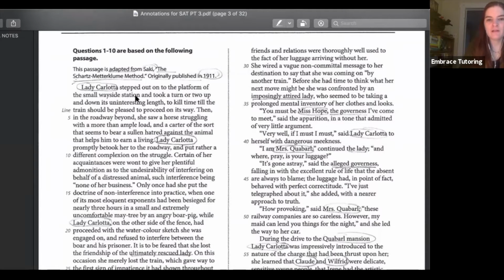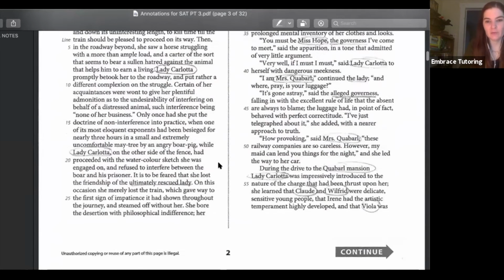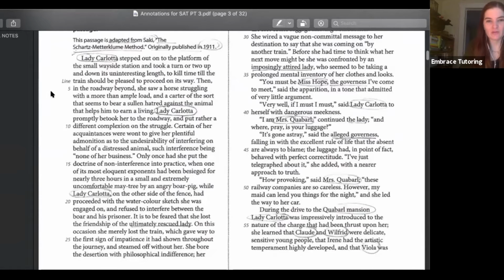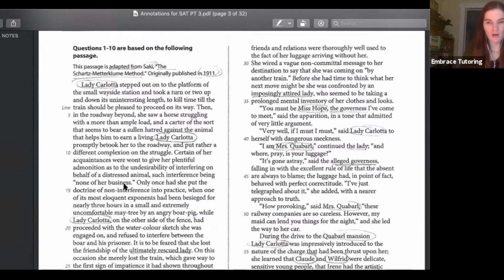So underline, circle proper nouns and numbers. Okay, so you can see I did that. You can also do annotations in the margin. I wanted to show you specifically what it would look like without the annotations. And so you can see that without the annotations, it's going to take me longer to find the information in here